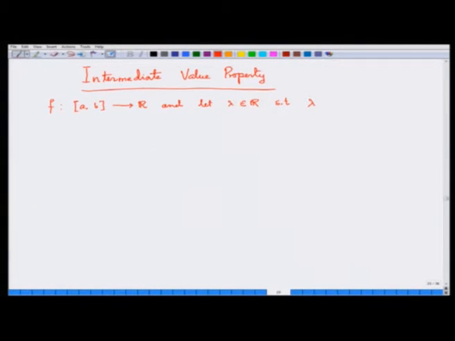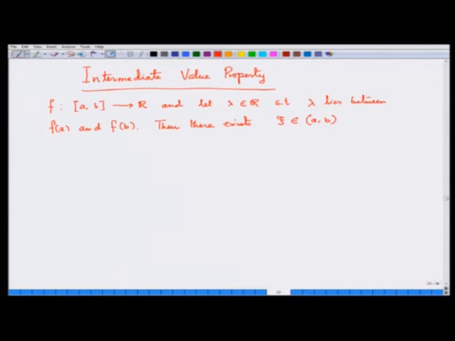Lambda should lie between f(a) and f(b), whichever is bigger or smaller, that is not a big issue. Then there exists xi belonging to the open interval (a, b),